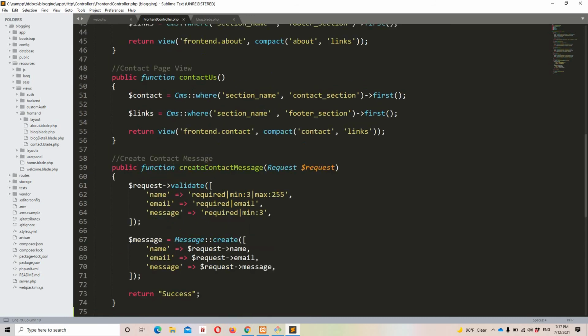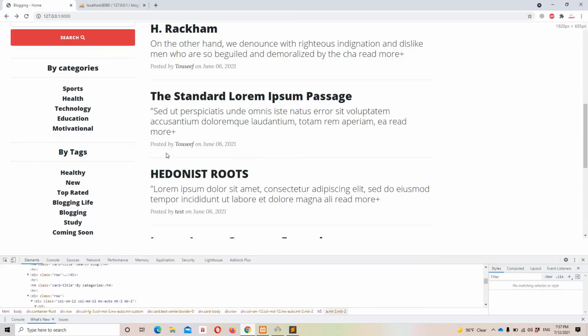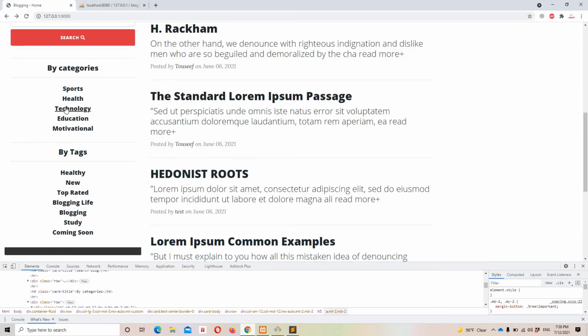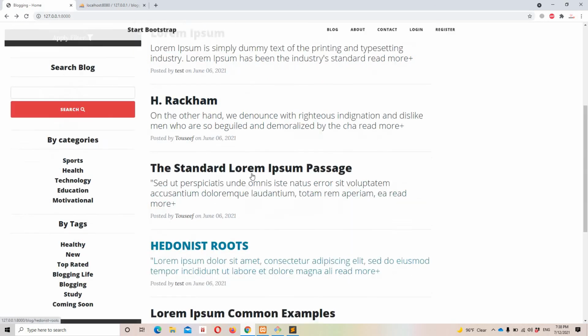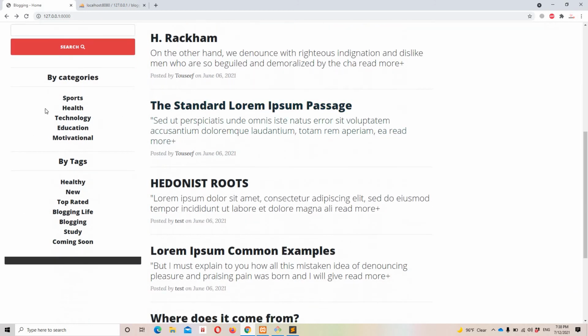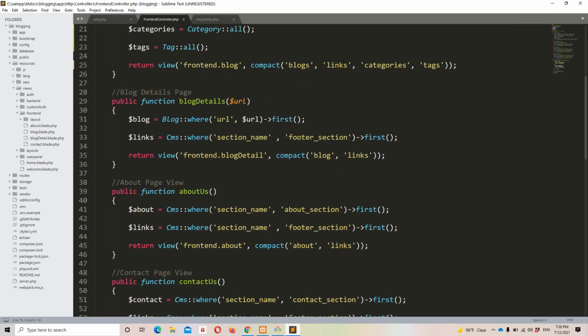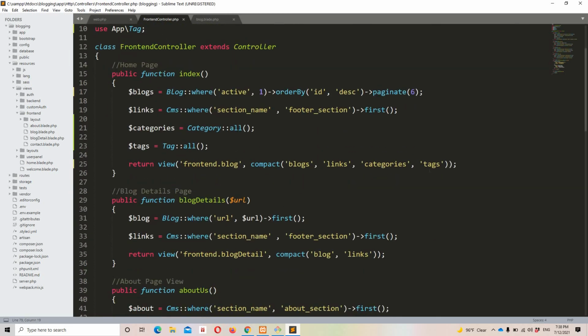Okay, next task is, first of all guys, let me show you something. Let's say if I'm going to click on any of these categories, we are going to return the same page. Okay, and we are also going to return some blogs. We are also going to get all the categories and all the tags to display on the other page as well. We need the pagination as well, and we need the footer link. So in this case, we can get everything from this method.